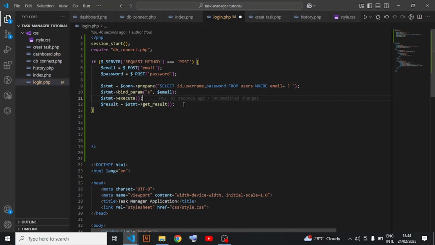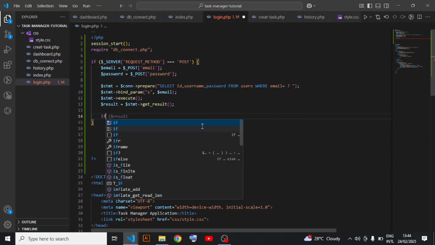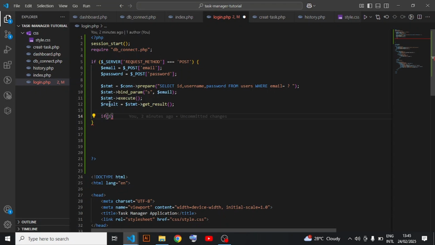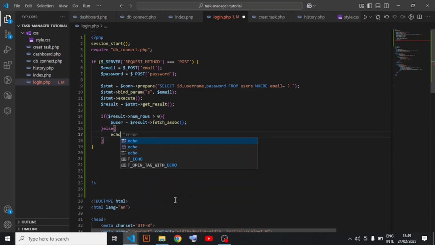The next thing we have to do is check if the user with this email exists in the database. If the user does exist, it verifies the password using the if statement. We're going to use this result, which is the final result we got from this query. If results num_rows is greater than 0, that is, if the entered email exists in this database, then we have user is equal to results fetch_assoc function, else echo user not found